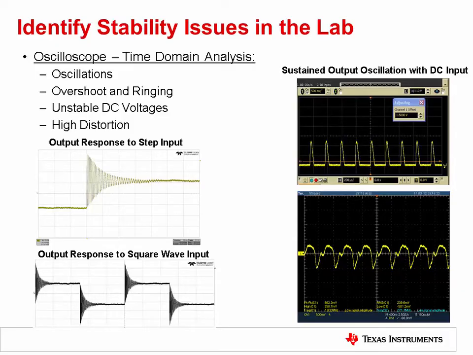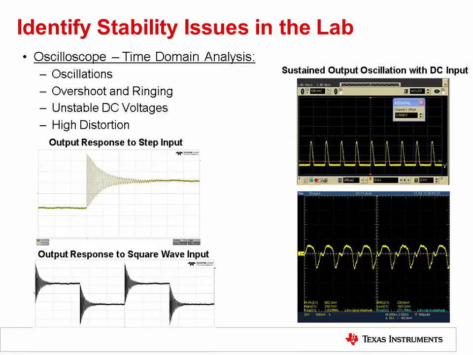A circuit with a DC output may look stable when first observed on an oscilloscope until the loop is disturbed when a small signal step or square wave is applied to the input. An unstable circuit's output will overshoot the input signal and will then ring back and forth until the output settles. The magnitude of the overshoot and duration of the ringing directly relate to the severity of the stability issue. Circuits with minor stability issues may feature modest overshoots with minimal ringing. More severe stability issues will result in overshoots equal to or greater than the input signal, with significant ringing as